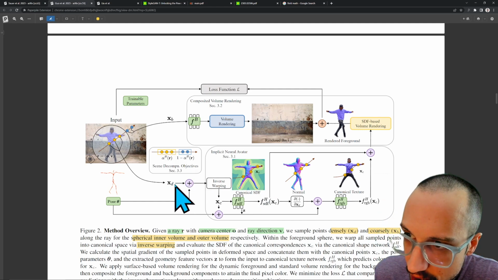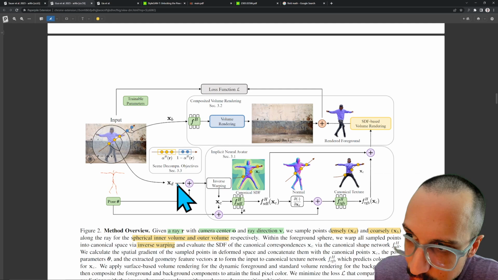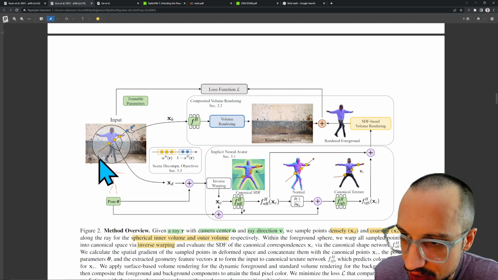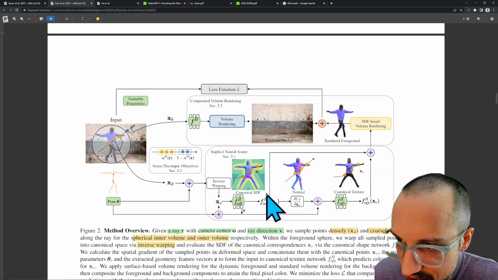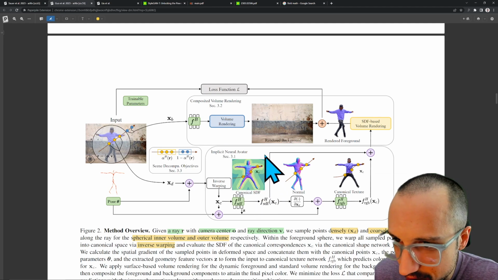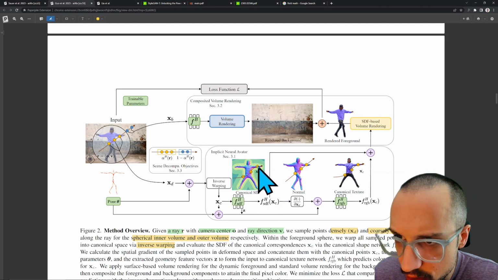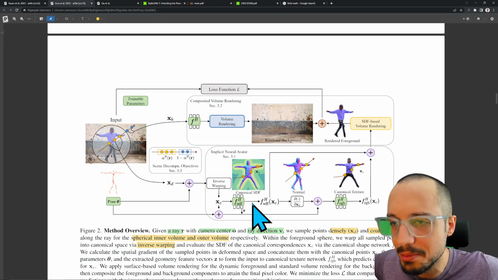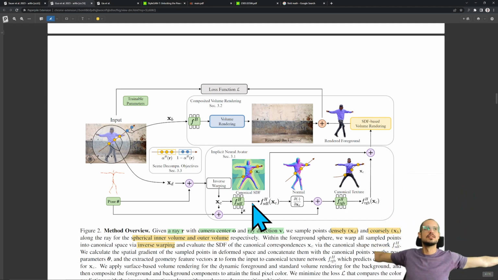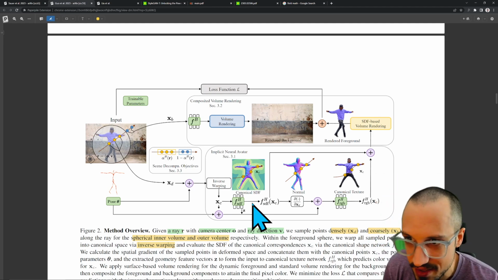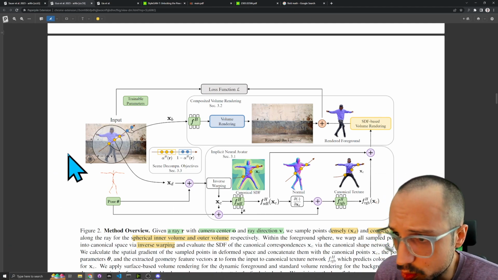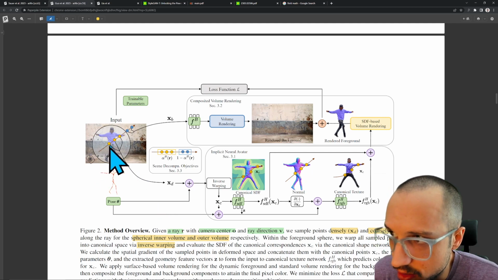So here, XD, these points are in the 3D space. They're in the real world, in the actual real world space. But they have this canonical space here, which you can see here. Leonardo da Vinci has the Vitruvian Man, right, who's sticking out like this. So they have this kind of Vitruvian Man space, and you can see here the ray that normally is